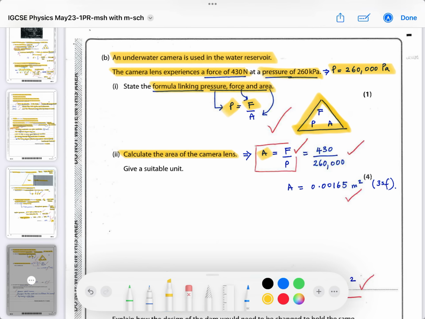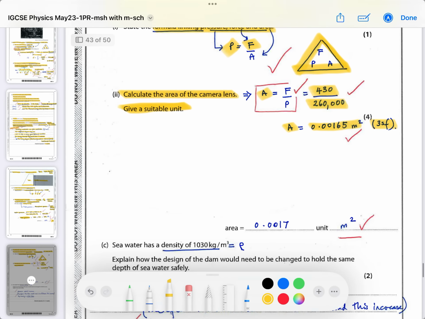So make A the subject, A is F over P, 430 newtons, divided by 260,000 pascals, gives you an area in meters squared of 0.00165 to 3 significant figures, and they want you to give the units. Well, if you're using newtons and pascals, it will be meters squared, so 1 mark for the unit and 1 mark for probably giving it to 2 significant figures, because that's the data that is best used in the